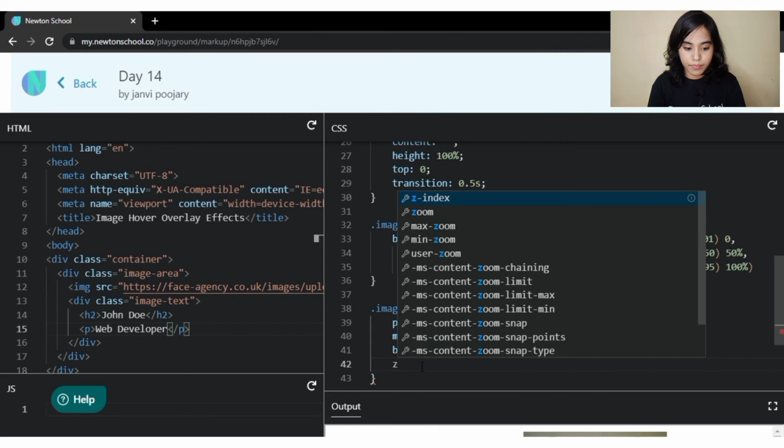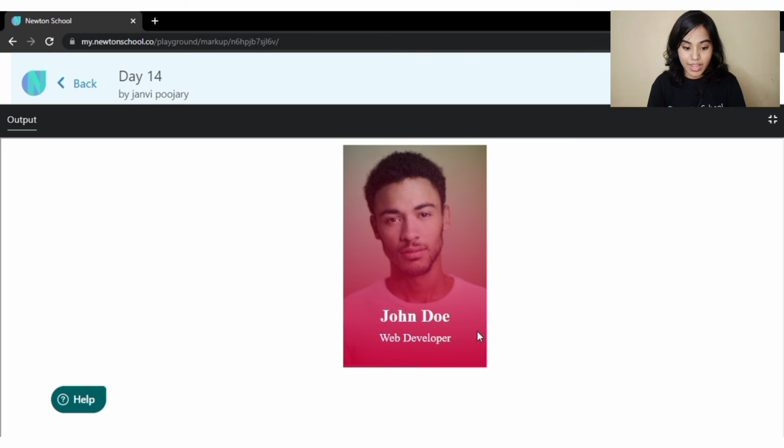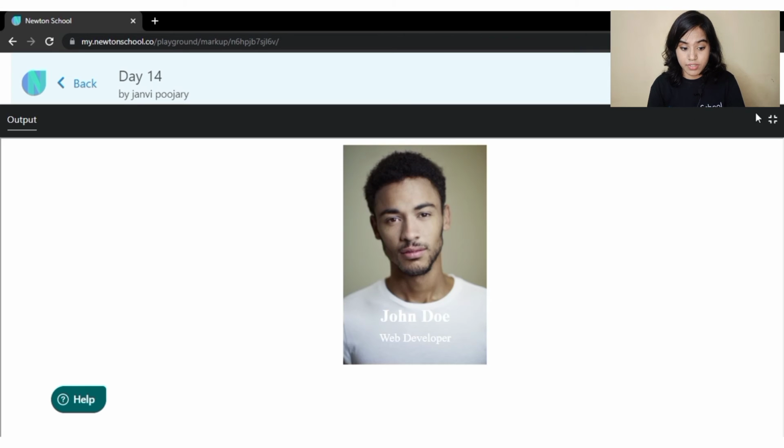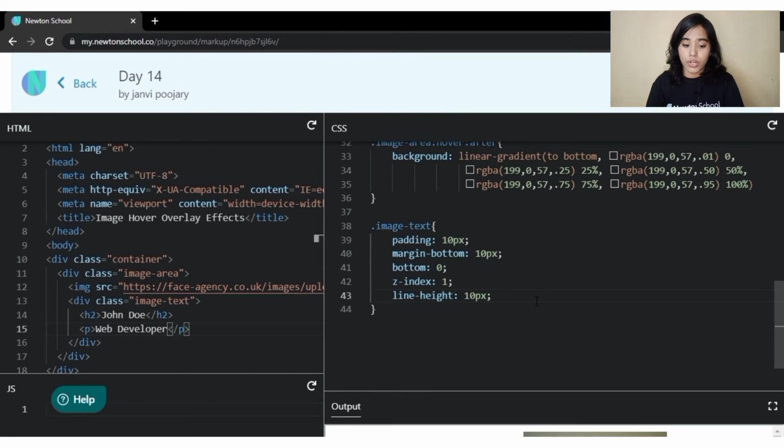Okay, and translate it in the y-axis by 145 pixels. It should be completely down, not visible.